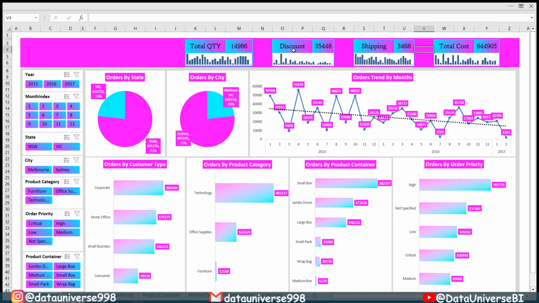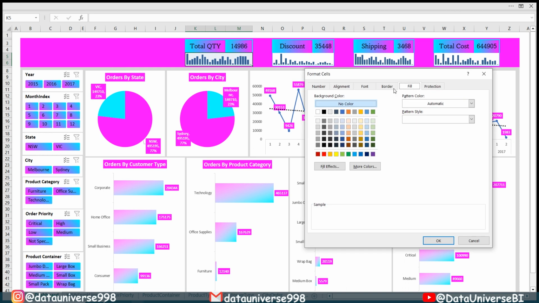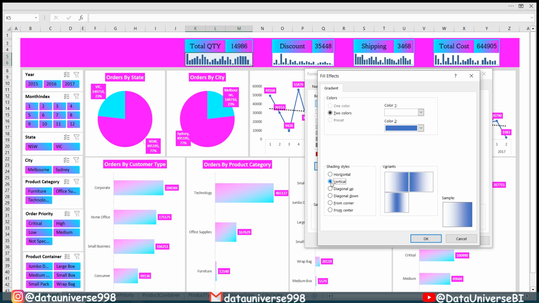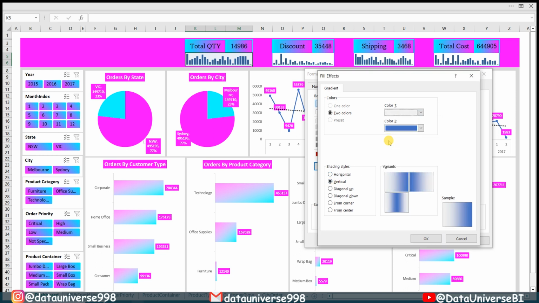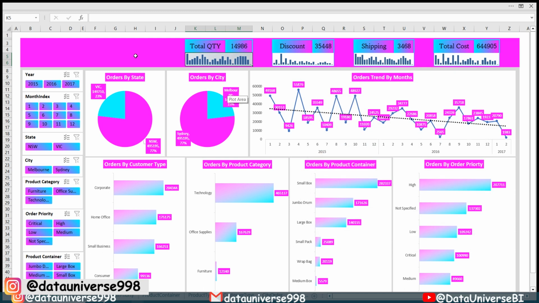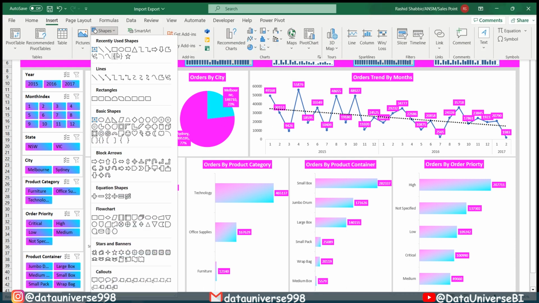and format here. Now I'm selecting this one, again pressing Ctrl 1 from my keyboard, going to fill effect, vertical. So from here I will be selecting this white, color 1, gray, and this gray, and I will be selecting this one, press OK. So now I'm going to insert. From insert I'm selecting this shape,